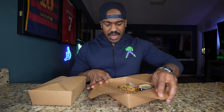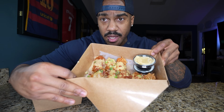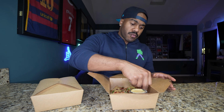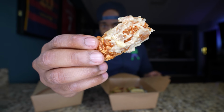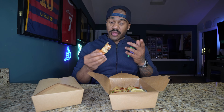I also got 2 different sides that they have. So let's see the sides. We have some loaded tots here. These were already open. I didn't want them to get too soggy. Looks like there's some beer cheese and some bacon. I distinctly remember having these before. I also remember these being good. And what I liked about them is that you see the tot, how it's constructed. It's not just some microwave or freeze-dried potato tot. What they do, and let me just...